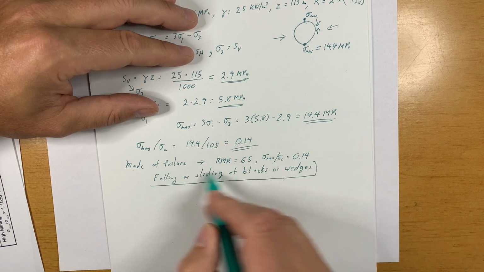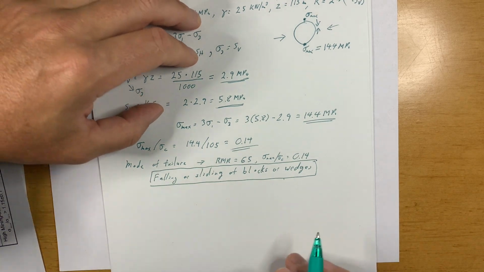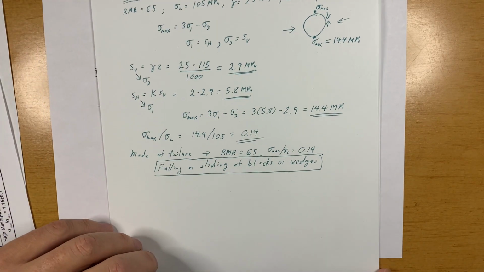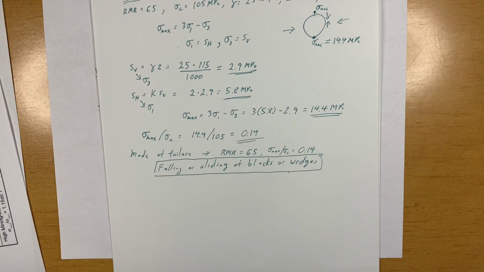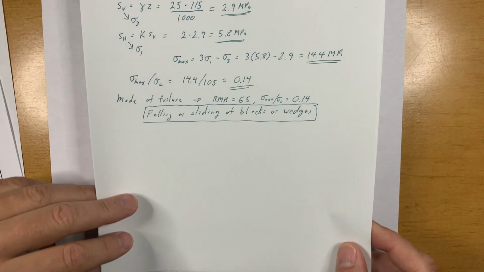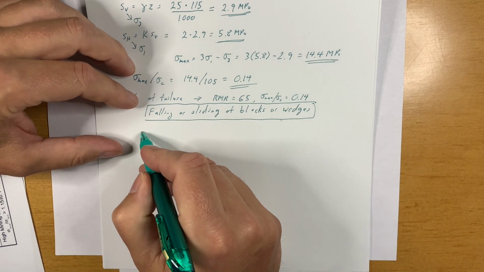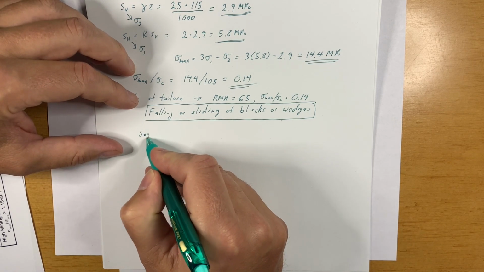That is the anticipated dominant mode of instability for this case. Okay, so I went ahead and used the computer to calculate the same information for all the other tunnel segments, and I'll just summarize that here. Okay, so we got the segment,